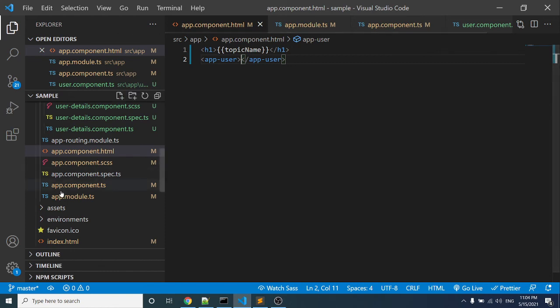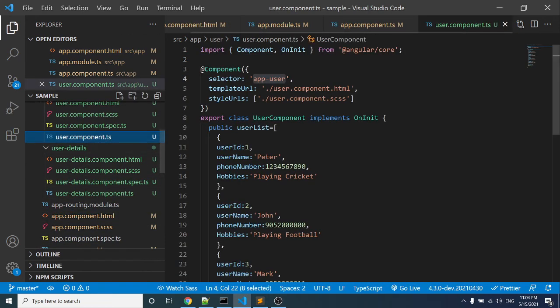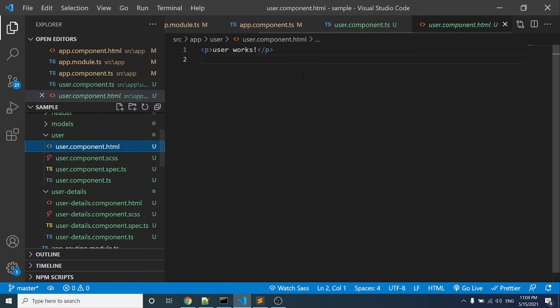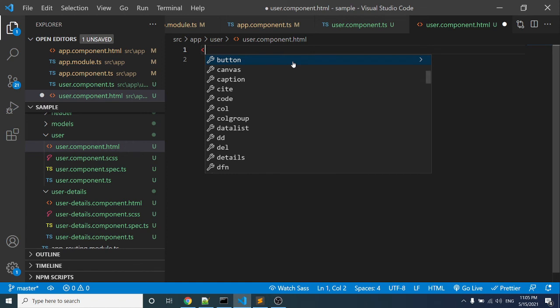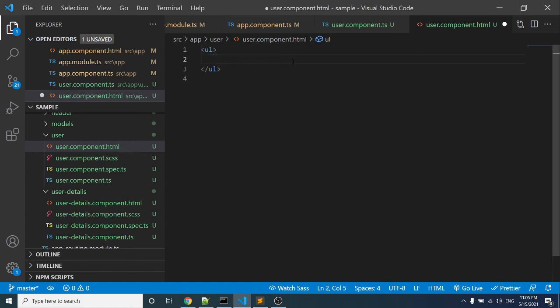As we have taken the user list in the user component, we can display this user list inside the template file. Let's remove this and take one UL element. Inside that, we loop using the ngFor directive on the li: *ngFor equal to let user of userList.